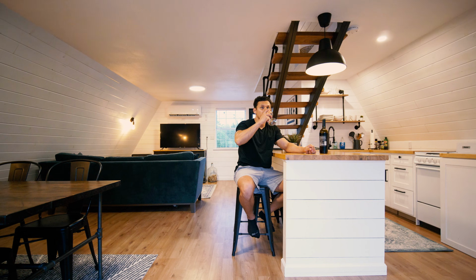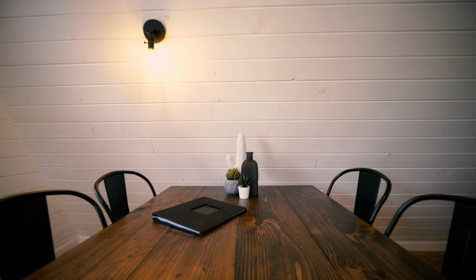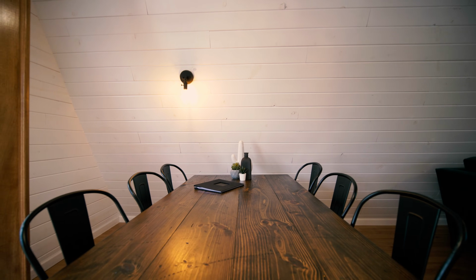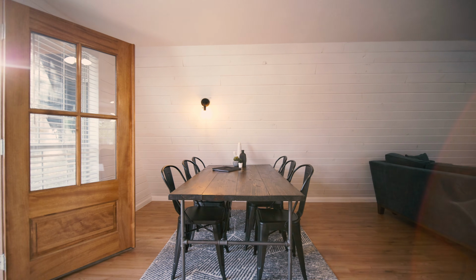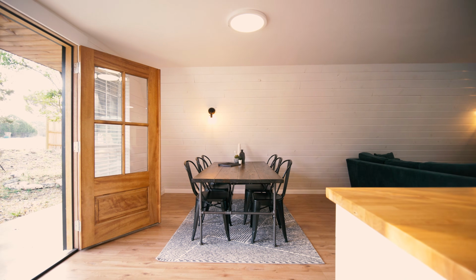And beyond the kitchen, on the left-hand side of the house, there is the dining area, which features a beautiful wood table with seating for up to 6 people, which gives you a total amount of eating space inside for 9 people. Now, beyond the kitchen and dining area, you're going to find the living area in the far left-hand corner of the A-frame. Being that it's an open floor plan, there's a nice flow between the kitchen, the dining,